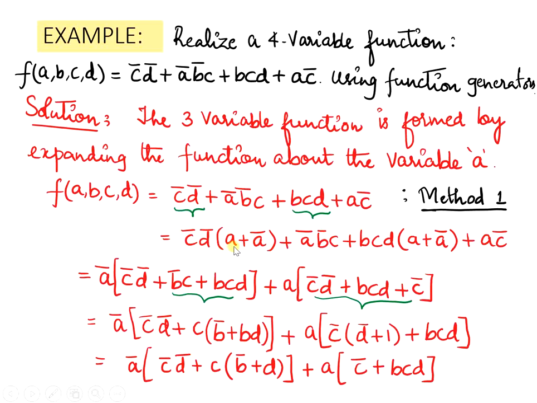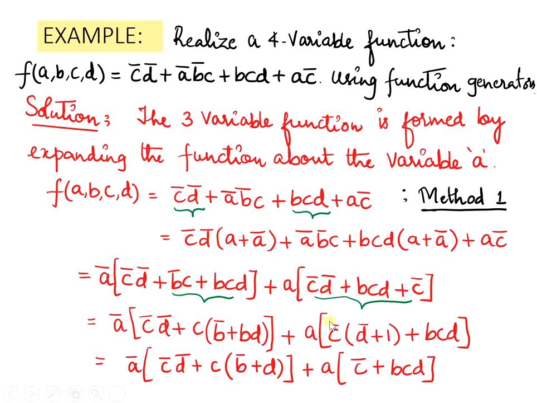So you know that a plus a bar is equal to 1. So the term a plus a bar is added in the product terms wherever it is missing. So once I expand this, I can now combine a bar and a. So in this particular case, b bar c plus bcd can be represented as b bar plus bd with c common. So this can be further simplified as b bar plus d. And here we have c bar d bar plus bcd.